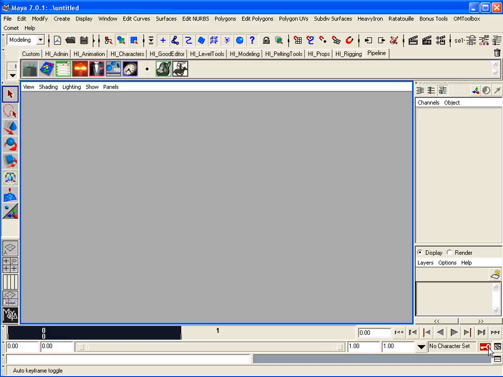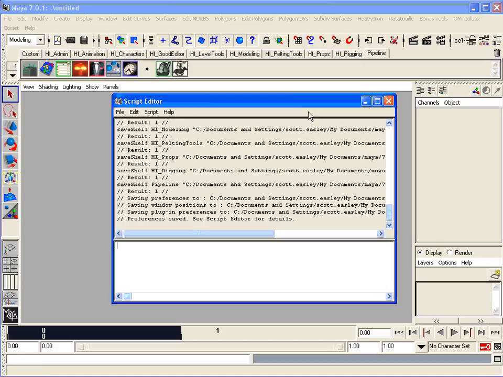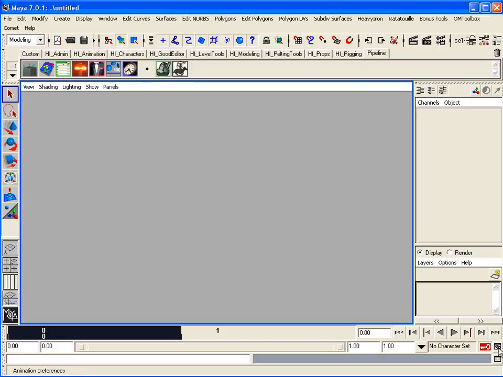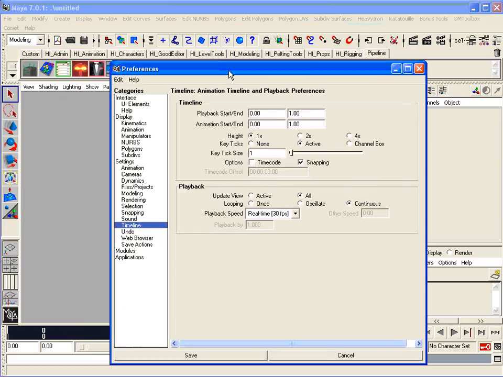The one on the immediate left is the Auto key, be that on or off. And the one directly below it is the Script Editor. If you bring these up, simply get rid of it. When you press on the Preferences, the window is going to be coming up, and you want to go immediately